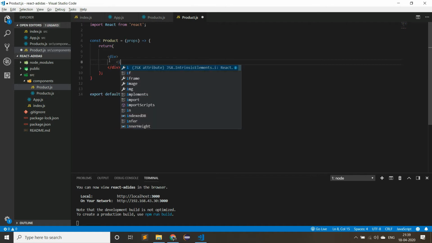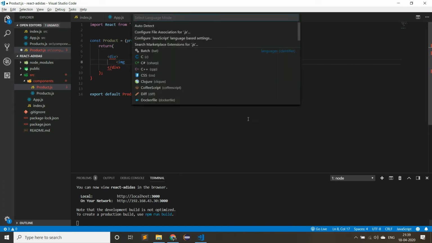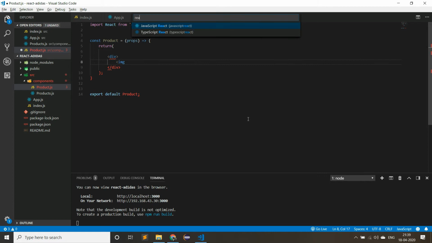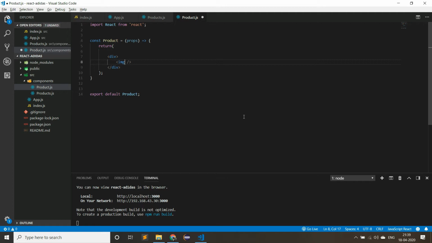Inside of the div, let us create the image attribute. Let me change the JavaScript to React so that it will be easy to write the HTML tags. Basically we are writing the HTML. For React, it normally understands the whole thing as JSX. It is nothing but we are writing in HTML format, but in React it will understand as JavaScript.